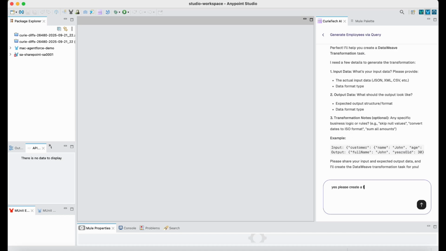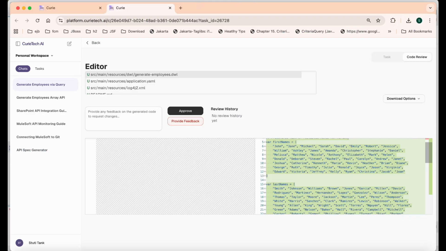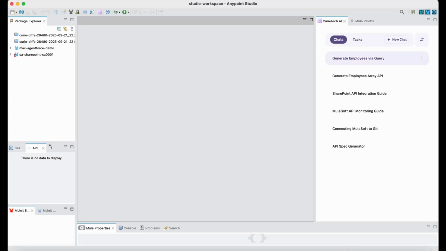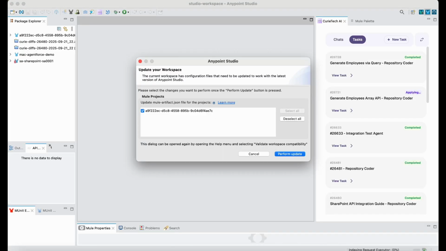Step 6. Reviewing the task. Perfect. Our task is ready. Let's open it up and check the details. Earlier, I also asked CurieTech to create the full MuleSoft project structure. With just one click on Apply Changes, a fully compliant Mule project is generated, including